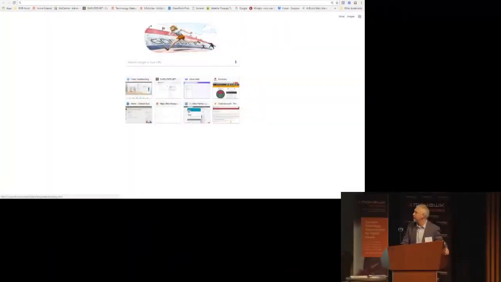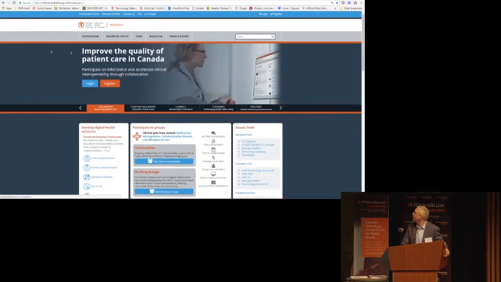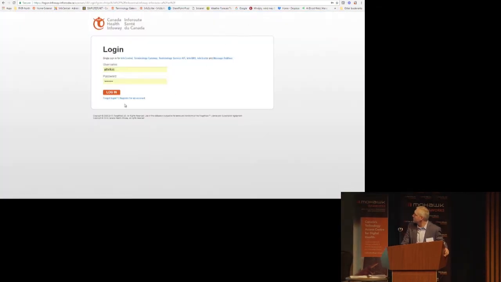I will start by saying that it was about 16 months ago that we got started placing some more fundamental sharing solutions in place in the space for people to get together and start collaborating on FHIR. And the reason that worked was because we already had the so-called Info Central. I don't know if you're familiar with the platform. Canada Health Infoway. Let me just log in,